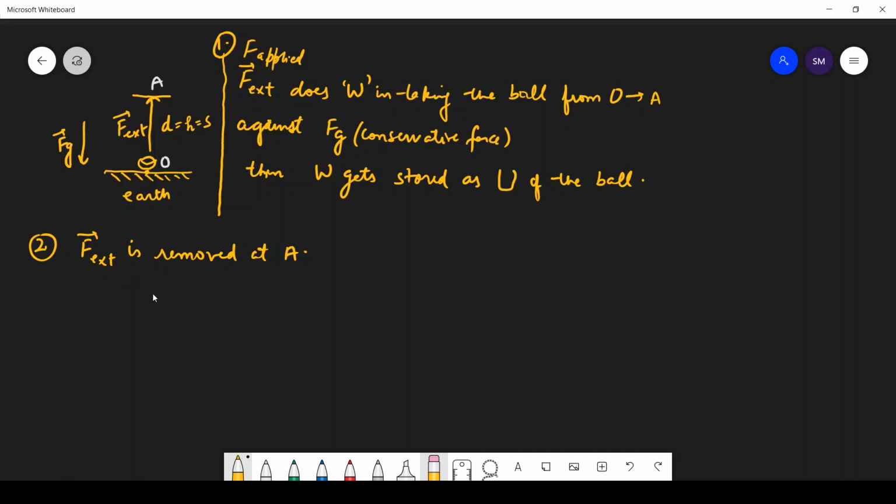So what will happen? The ball moves, or the ball moved downwards,